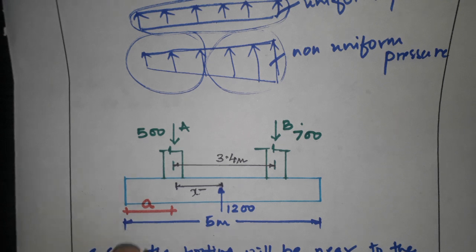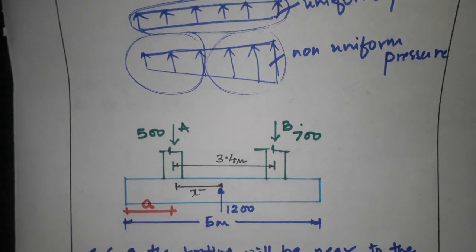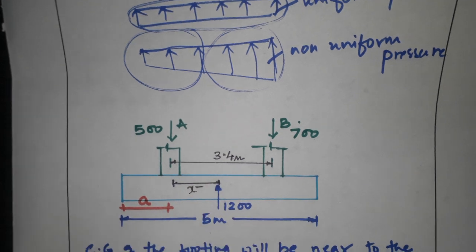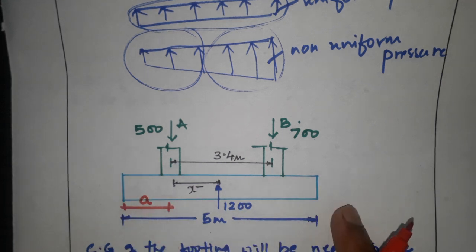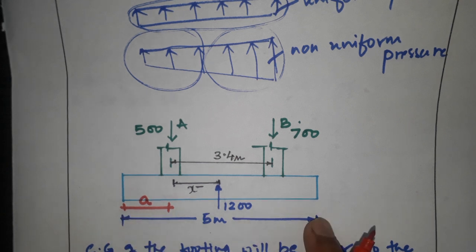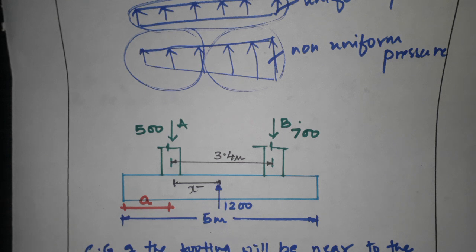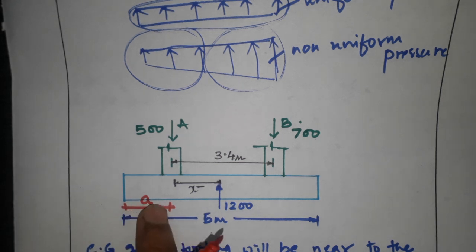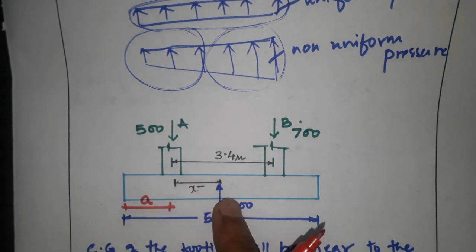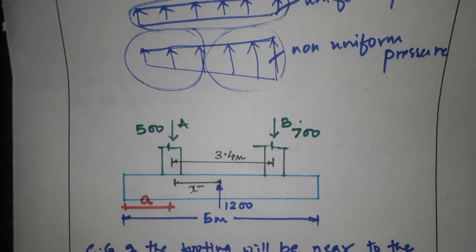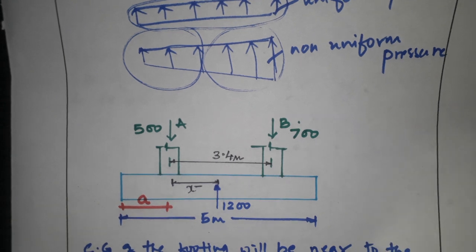So what will happen now? A plus x bar should be equal to L by 2. The total length of the footing is L, so where will its center be? At L by 2. L is the total length, and the center of the total length is at L by 2. So here we are equating A plus x bar to L by 2. What we are managing here is A, because we know x bar, so we can manage A.